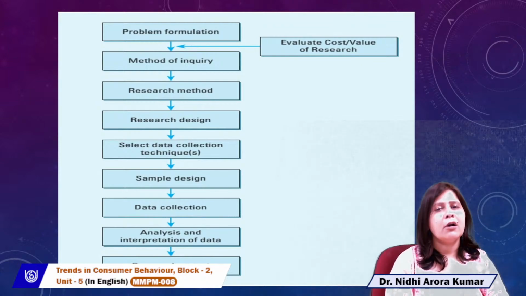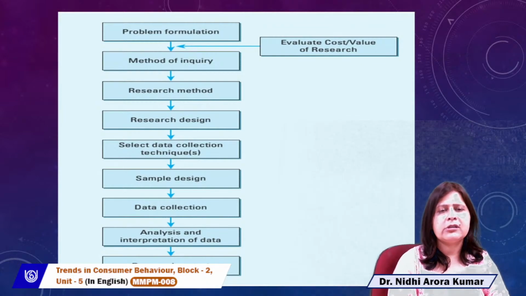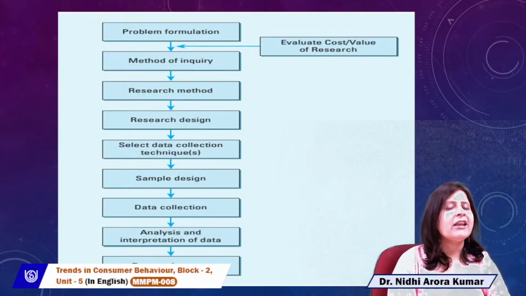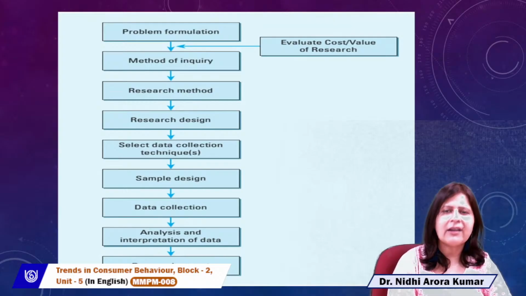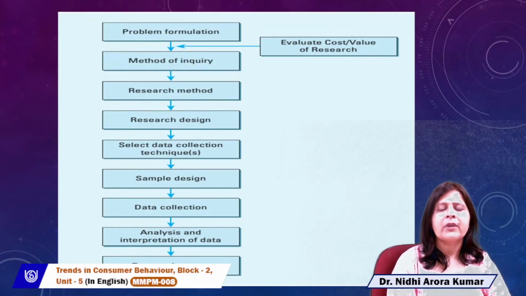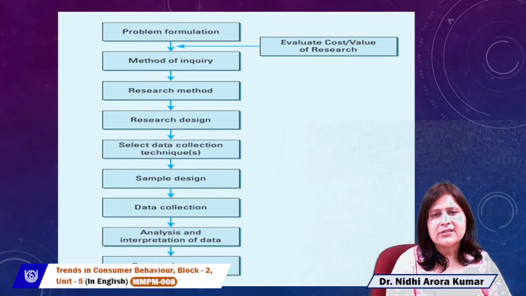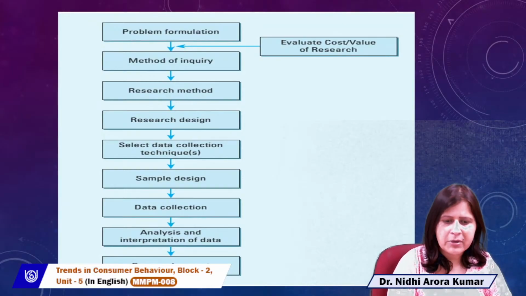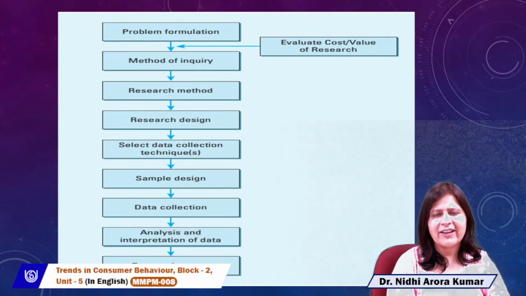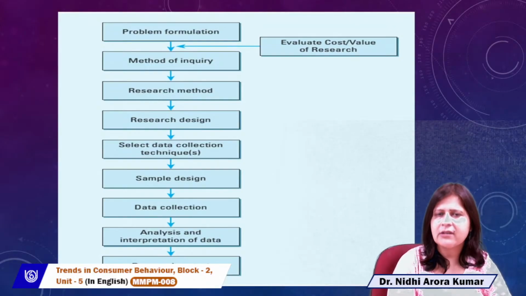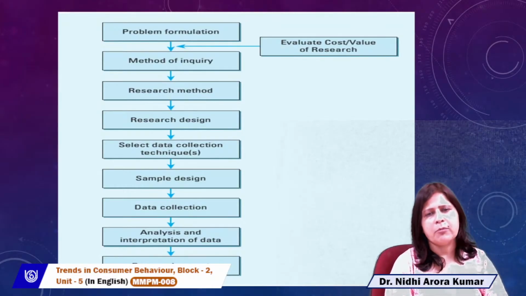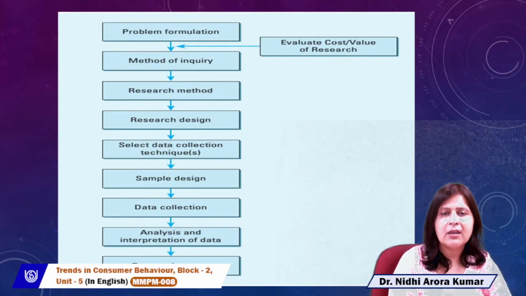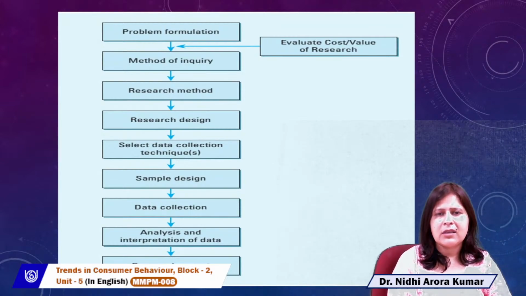As per the research problem, we analyze our data, and after analyzing that data, we interpret it. And then our last step is forming a research report, where one writes about each and every process in detail and puts the details of the research in the form of a report. So this is the flow chart to carry out research.